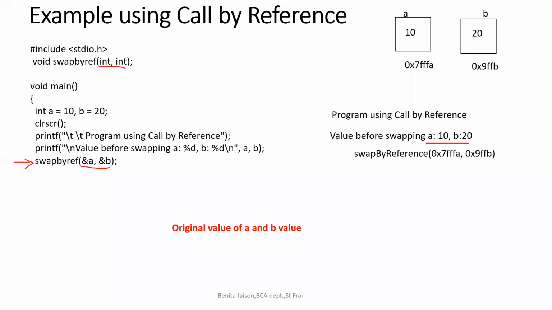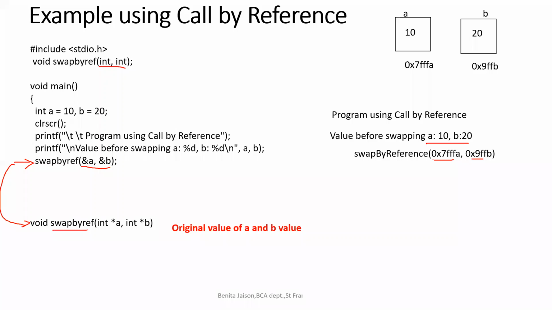So what exactly will be taken? It will be taking the address. It is not passing 10 and 20. It is passing the address of A and B. Understood? I tried with the animation. Sometimes it will not work, but still. Now when we are calling swap by reference, the program will jump to the swap by reference function